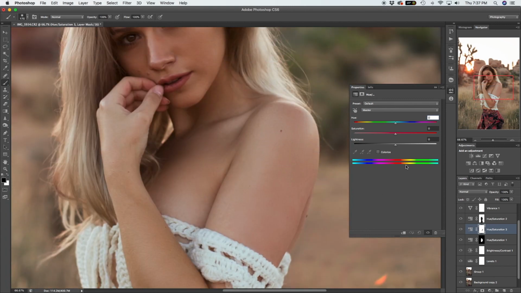Okay, that looks fine. I think I got everything. I can only tell by making these adjustments. But I'm gonna Command I for invert. And then I'm gonna go to, let's get back to 0, go into the reds, kind of adjust it so we're encompassing the oranges and stuff too, and the magentas to make sure we're really getting it, and just slide